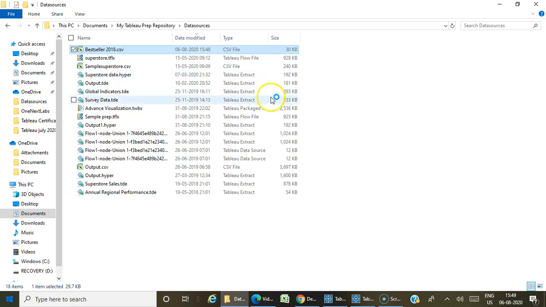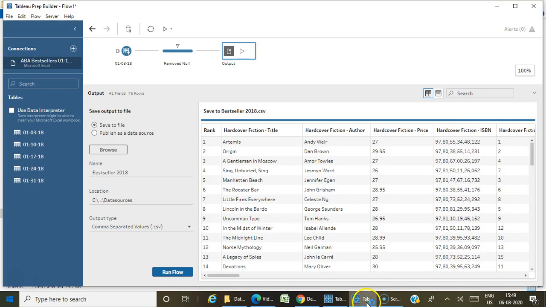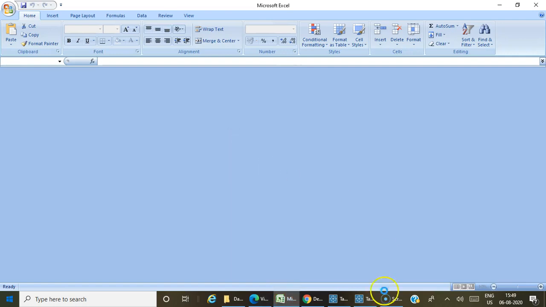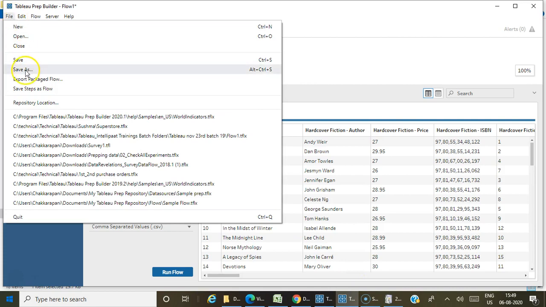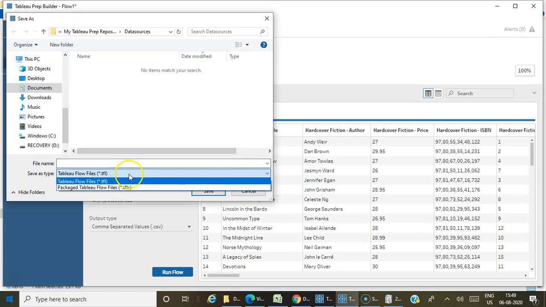Let me open this file. Before that, let's see how to save this flow. Click on the file menu, save as. Here you have two options, TFL, that is your Tableau flow file, or else TFLX, that is your packaged Tableau flow file, similar to how we save TWB and TWBX files in Tableau Desktop.